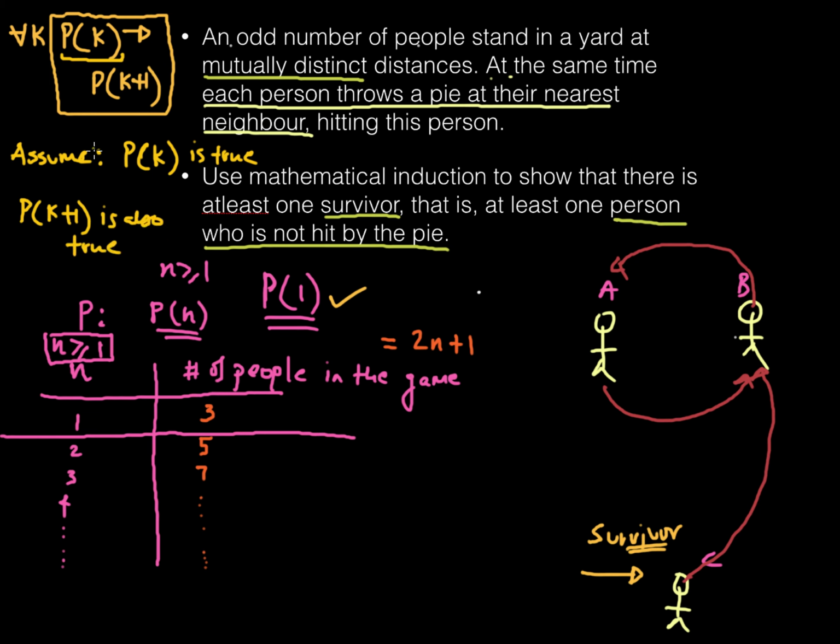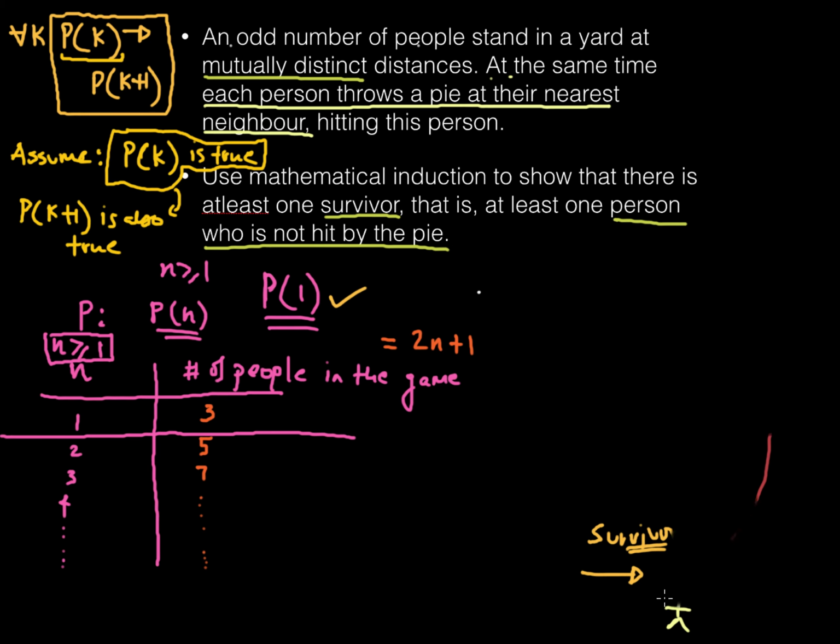Okay, so the assumption here is that p of k is true. And with this assumption, I need to show whether p of k plus 1 is also true. Okay, so let's show this. So what I'm going to do now is I'm just going to erase portions of my blackboard here. So I'm just going to erase these things over here, and